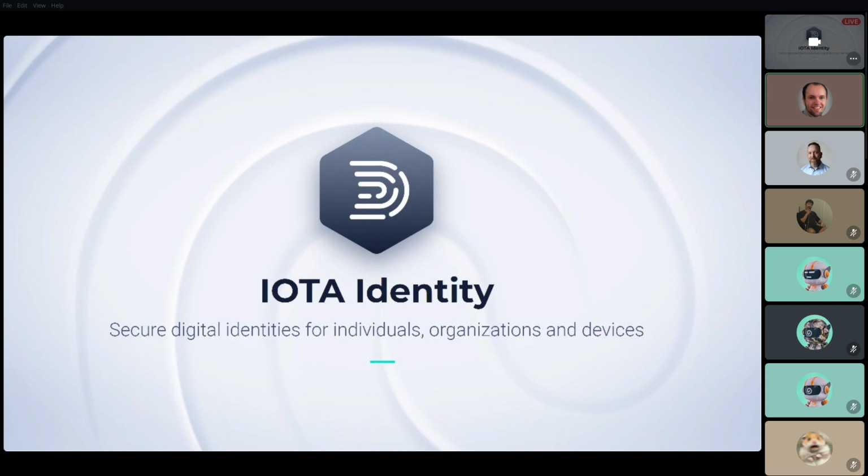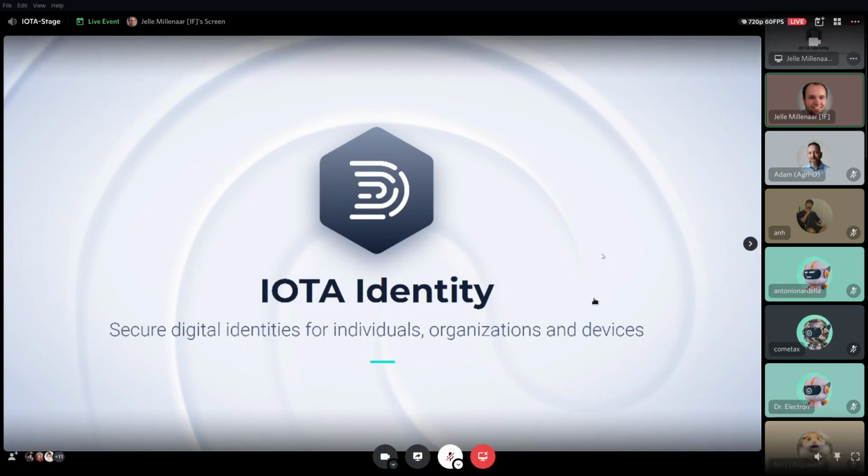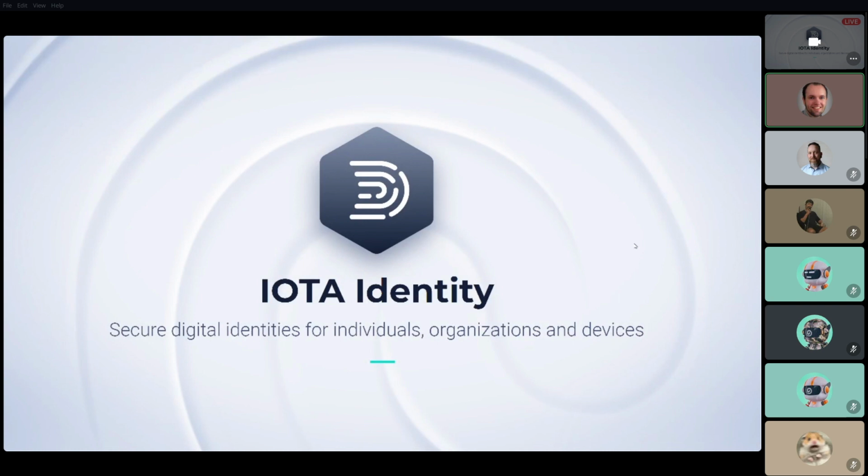And lastly, show some of the examples and how you could get started with using the IOTA identity framework and using the online resolver tool also to your own advantage. So that's a packed agenda, I hope, but let's see how far we come and where the interest lies.